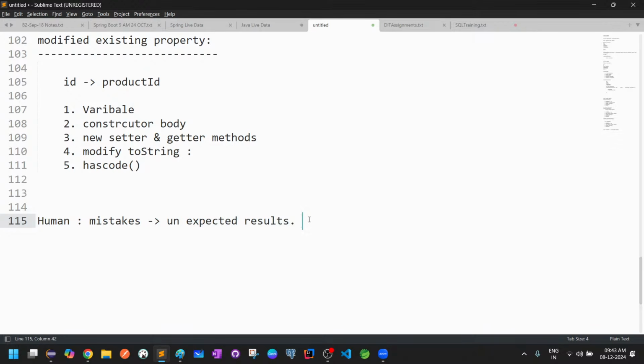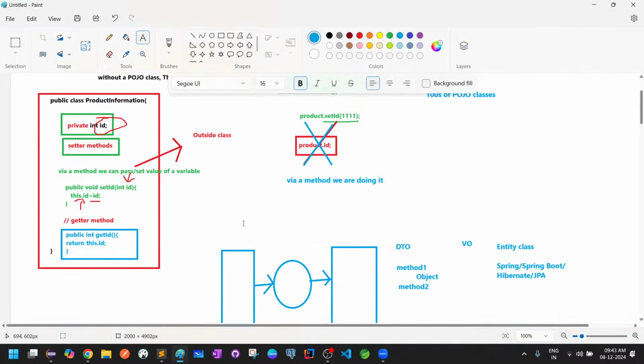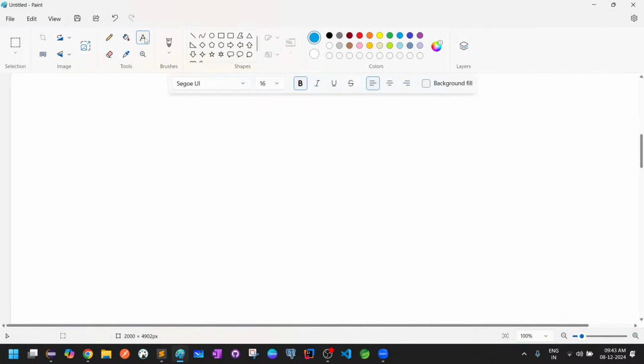Now in this case, the Lombok is saving us. So in this case, the Project Lombok is saving us. So now let's understand how Project Lombok became a savior with respect to development. Let's see here. Now there is a third party library or some organization that came into the picture, and they said